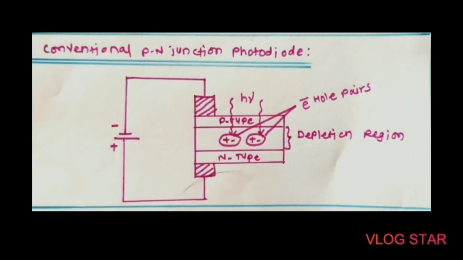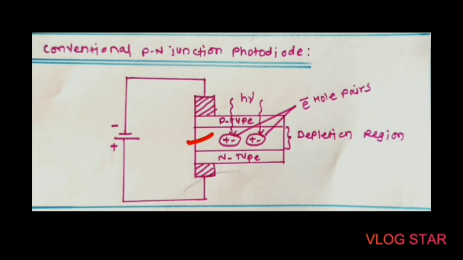In a conventional PN junction photodiode, it is operated in the reverse bias condition, and the photocurrent flows as if a reverse bias current is flowing in a normal reverse-biased diode. In principle, the incident light produces an electron-hole pair in the depletion region, then the separation of electrons and holes takes place, and the photocurrent flows through the circuit.